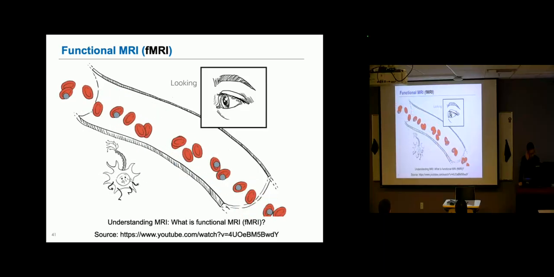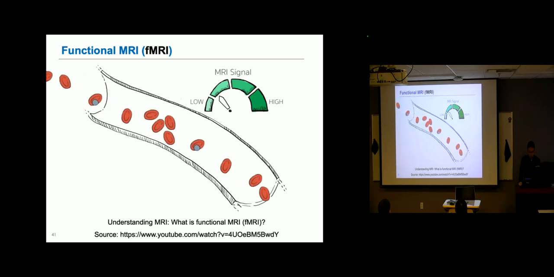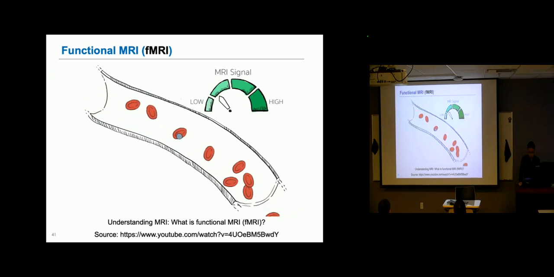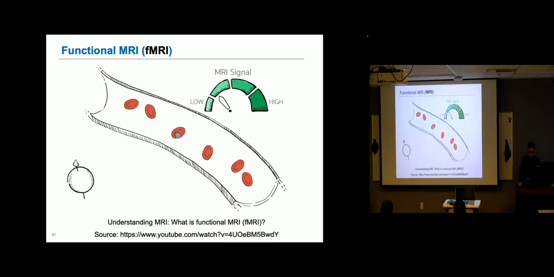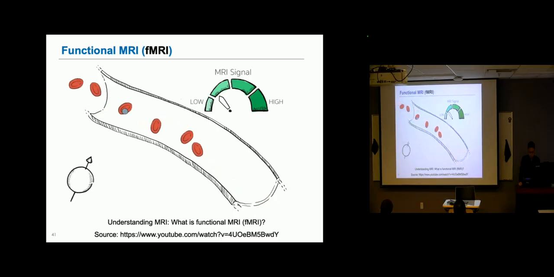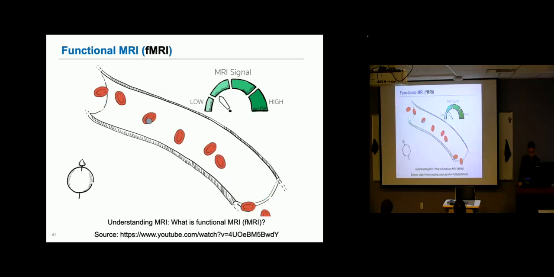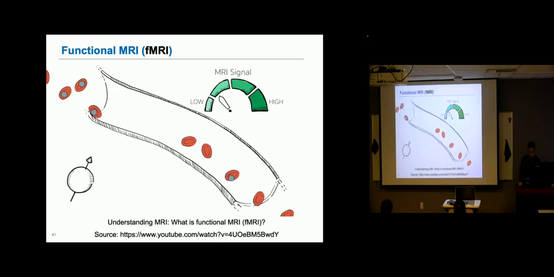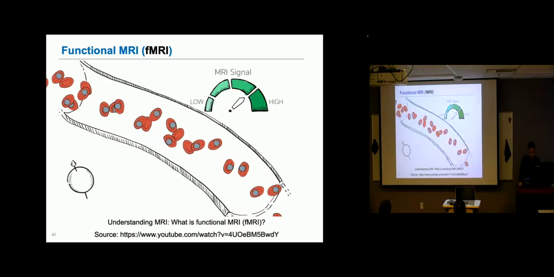Blood has magnetic properties. These properties change depending on how much oxygen it contains. When there's a change in the oxygen level, the magnetic field around the blood vessel changes slightly. This affects the protons close to the blood vessel in a way that we can measure with the MRI scanner. When there are fewer red blood cells carrying oxygen, the signal we detect with the MRI scanner is lower. When there are a lot of red blood cells carrying oxygen, the signal detected by the MRI scanner is higher.